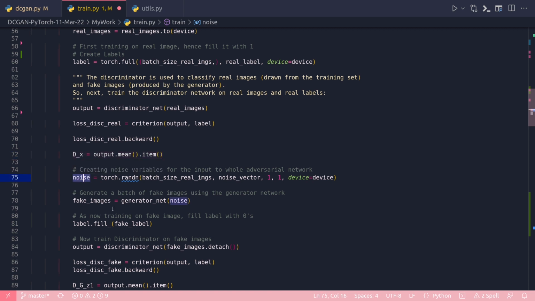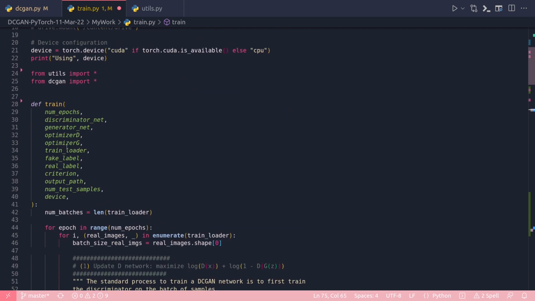And next, very importantly, I have to create this noise by using torch.randn. So I'm pretty much here creating a random noise vector or variable for the input to the whole adversarial network. And yeah, so again, the size of the noise will be the batch size, which is just the number of samples in each batch. And noise vector, I will define it. This is part of the arguments. Noise vector,